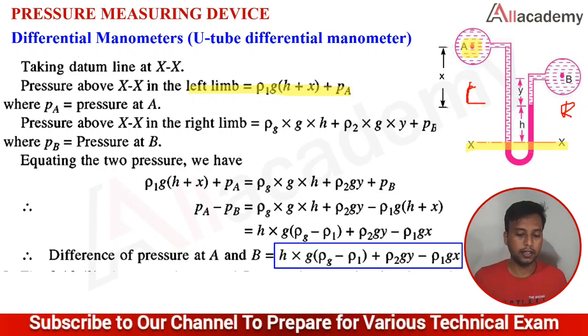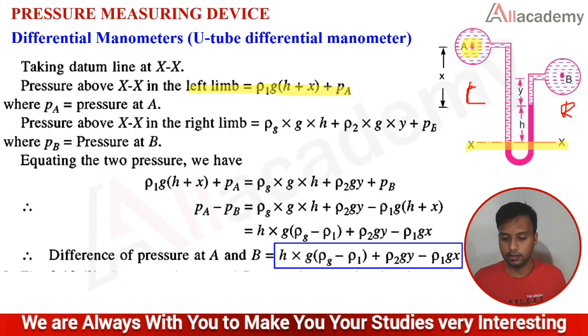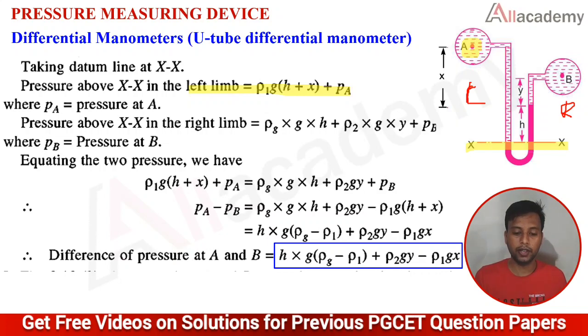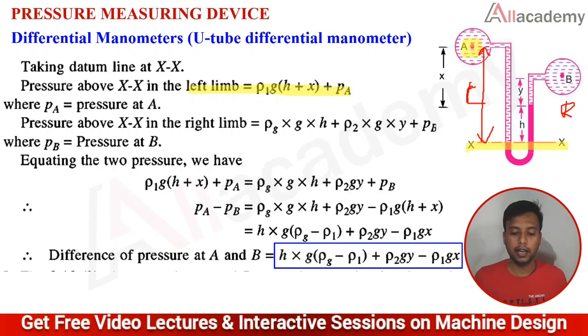Okay, so then that is rho 1 g (h plus x), because I have to consider the datum head. I don't know how much it has risen, the total distance, but I have the mercury distance, so I have to take the total distance. So x plus h: if this height is given, then it is okay. If this height is not given, I have to take x plus h. That's why I have taken h plus x here.